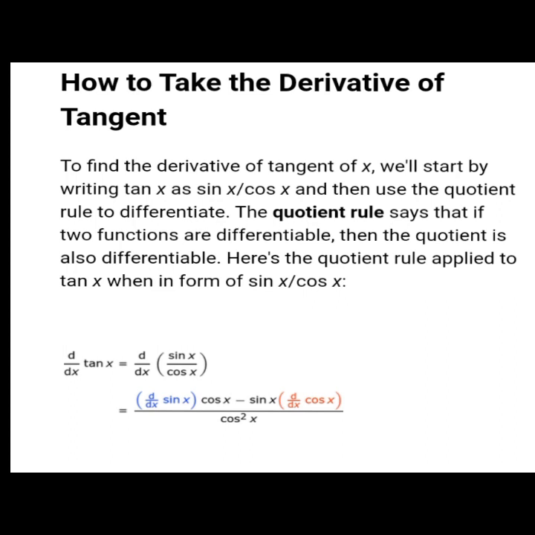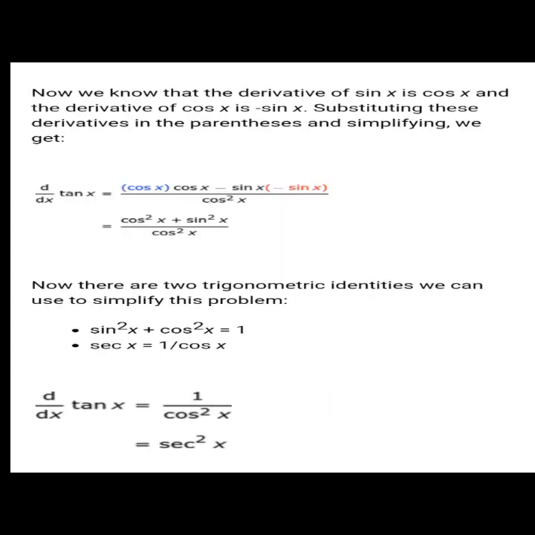So d over dx tan x is equal to d over dx of sine x over cosine x, which is equal to the quantity d over dx sine x times cosine x minus sine x times d over dx cosine x, all over cosine squared x. So now we know that the derivative of sine x is cosine x and the derivative of cosine x is negative sine x. So substituting